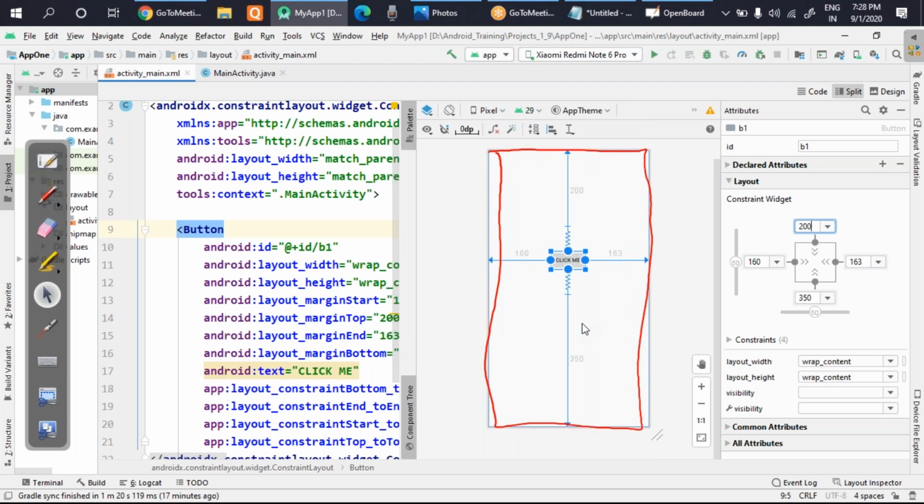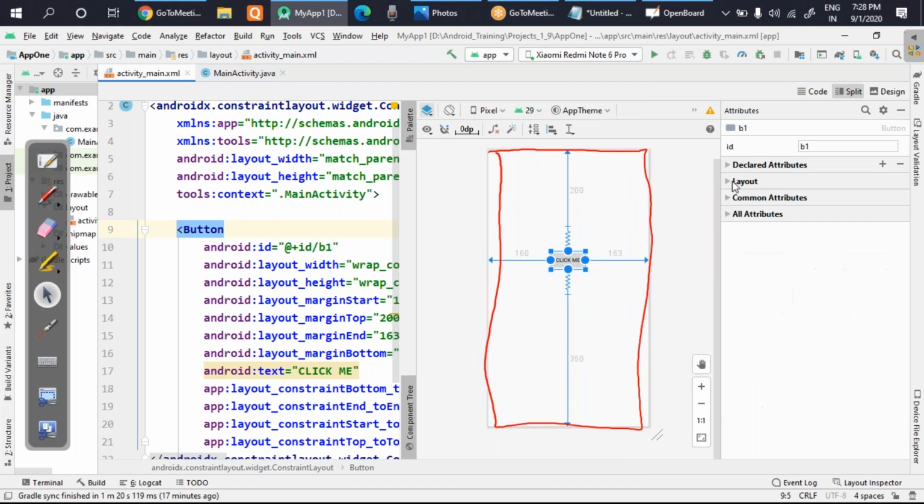This is really very, very important. In future applications, when we will be adding more than one component, we will see how they are connected with the edges of your smartphone, the edges of the boundary. For the time being, just keep in mind that in the layout section, you have to click on this plus button, and make sure the arrows are pointing to the edges. This is really very important.